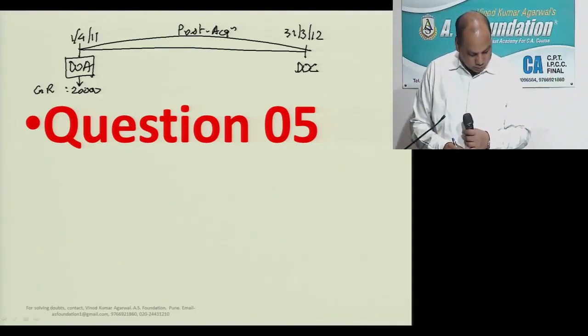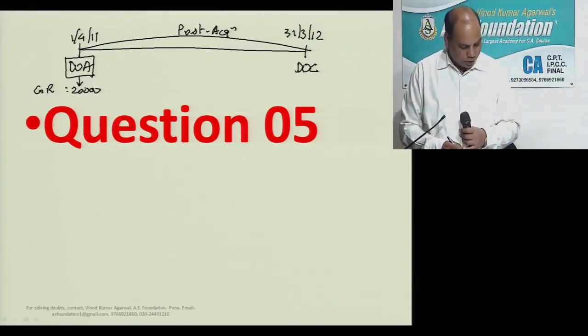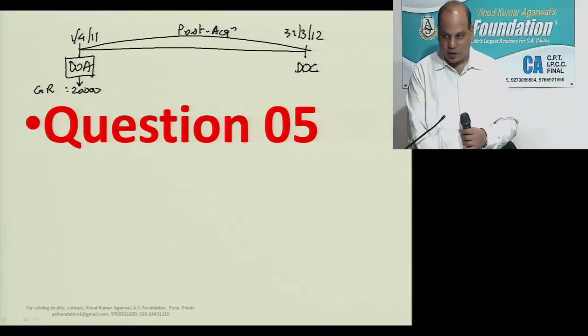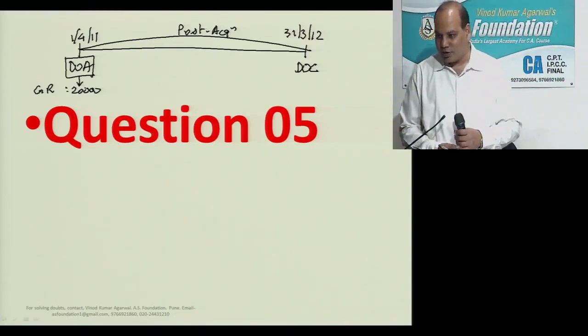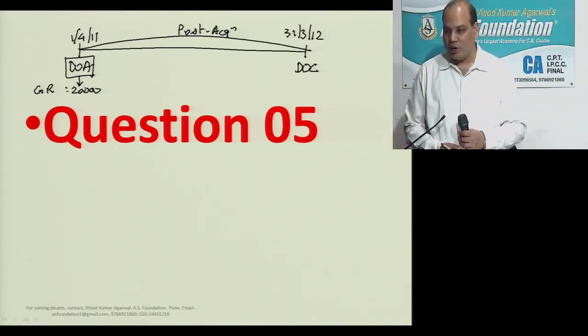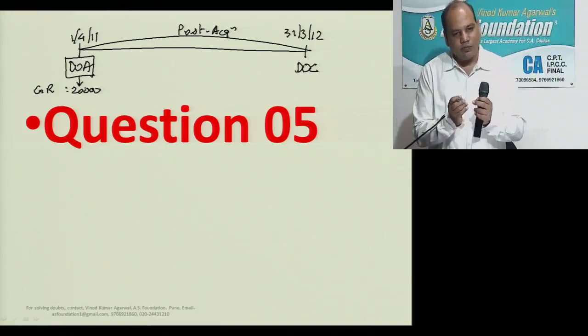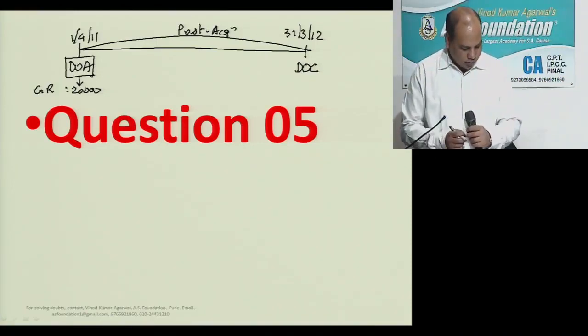P&L account 31st March 12. Wait, don't jump to conclusion. Profit and loss account on 31st March 12 is given, but the detailed working of that P&L account is given in the table 2 below. Like in the previous problem, where we had prepared the P&L account. This time your institute is so kind, they have given it themselves.